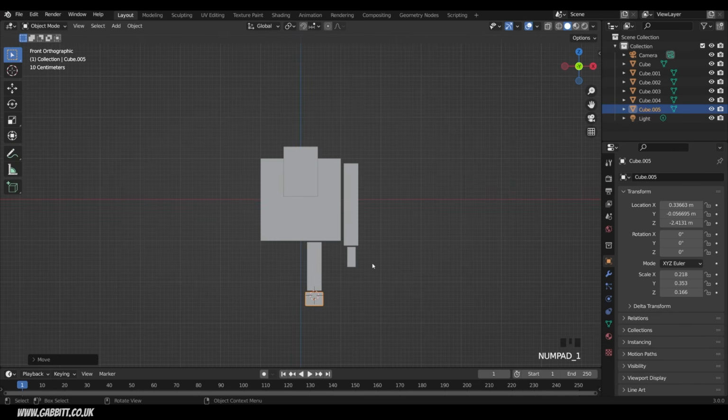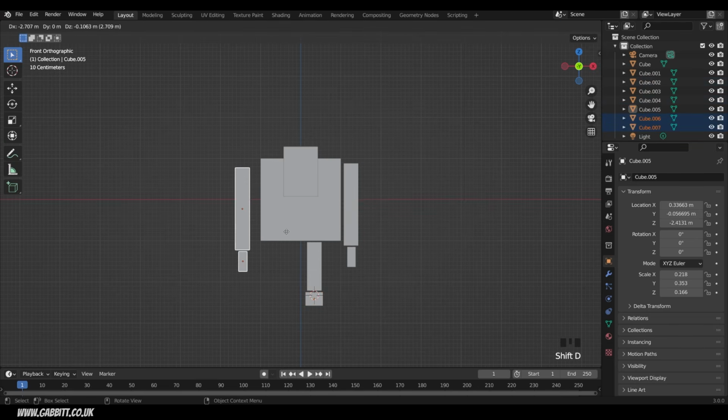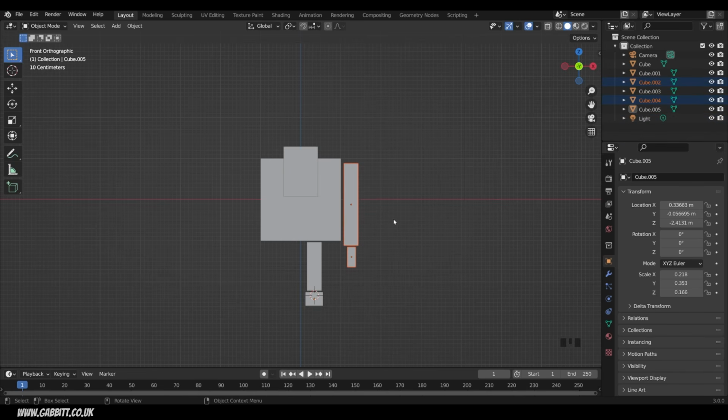Now this is easier in front view, and I can just select this and Shift D to duplicate and move it across the other side. However, I'll undo that with Ctrl Z because there's an even better way to do this, and it's using the mirror modifier. Now we can only add a mirror modifier to one object at a time. We can copy it to other ones later on,